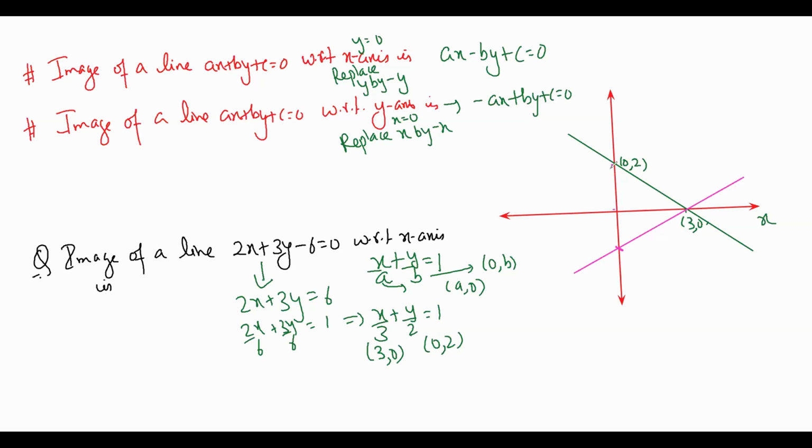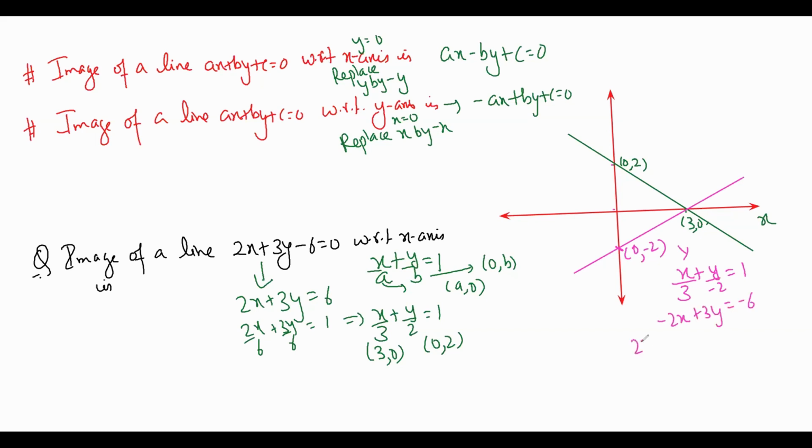If the object passes through (0, 2), that is 2 units above the origin, then the image must pass through (0, -2). And using intercept form, the answer comes out to be x/3 + y/(-2) = 1, and after taking LCM,